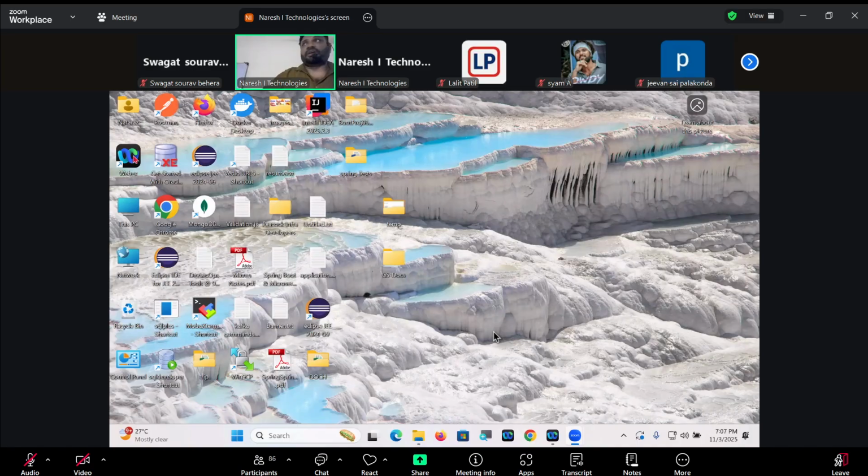HandlerInterceptor. That gives me how many methods? Three methods. Three default methods and normal abstract methods. Pre-handle, post-handle, after completion. Total 3 methods are given, right? Super. Okay. Total how many methods are given, guys? 3 methods are given.